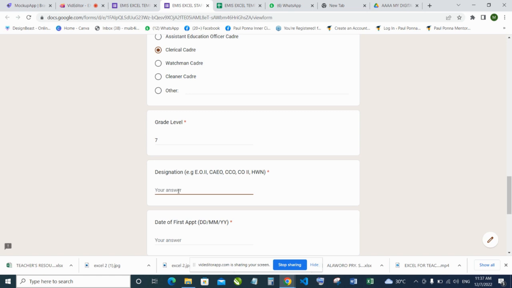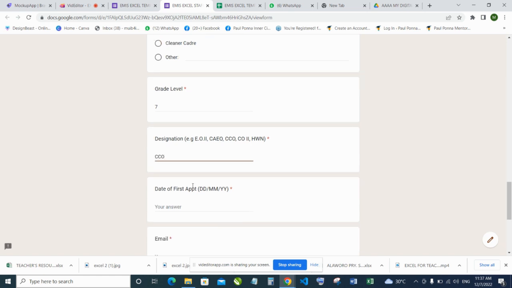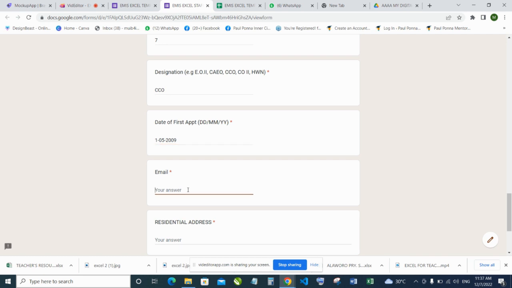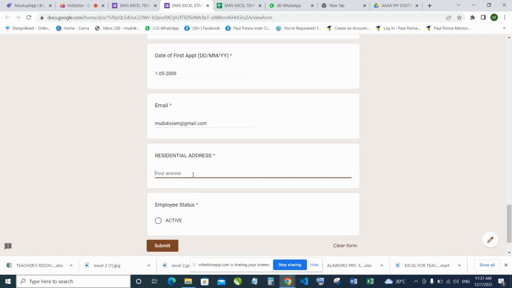Designation CCO. You fill in the one that is applicable to the staff. All this information is on the nominal role. Date of first appointment 1/05/2009. Email for Islam at gmail.com. Residential address is 16 Olayemi